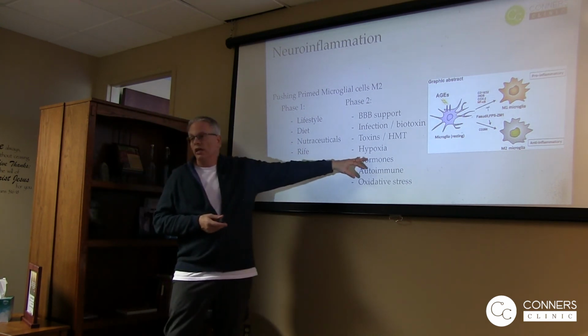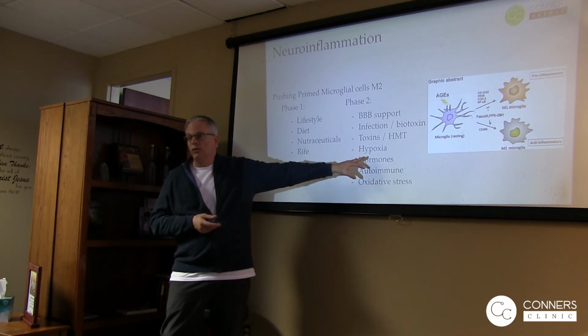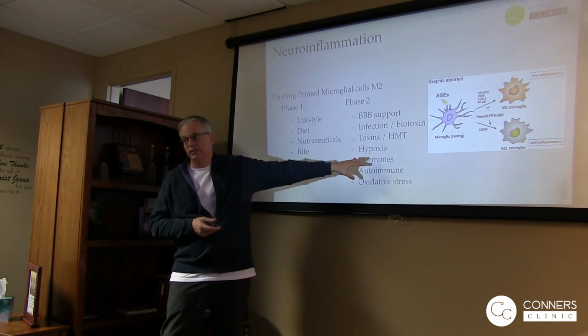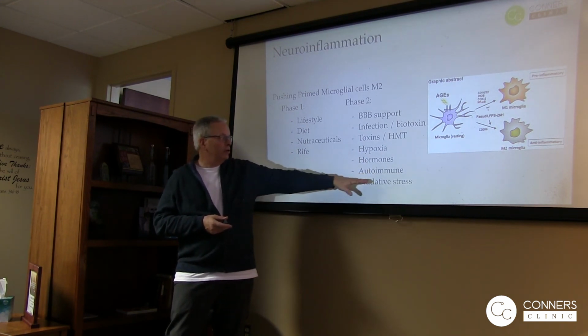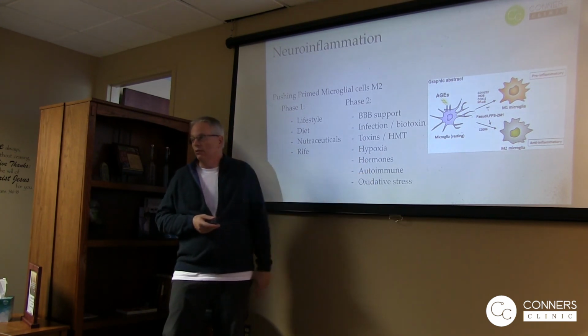But this is where overexercise comes in too. You're overexercising, you're doing aerobic exercise. Oh, that's really good for your muscles. That's not good for your brain if you have primed microglial cells. Balancing hormones, looking for other autoimmune issues,